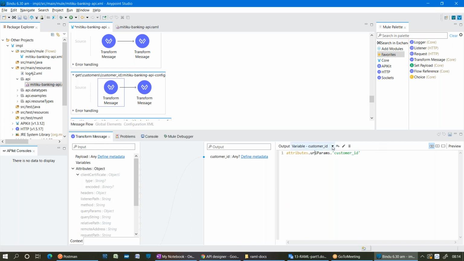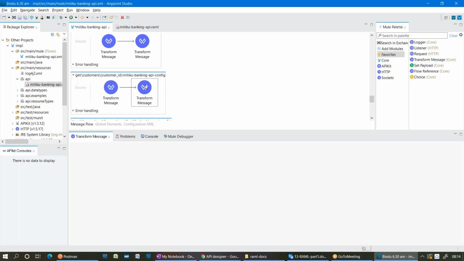That means it is a variable. I have shown you how to create a variable by using a DataWeave expression in the transformer section. Attributes dot uriParams dot customer underscore ID is set as a variable. That means this value is extracted and set as the customer underscore ID variable value, right?